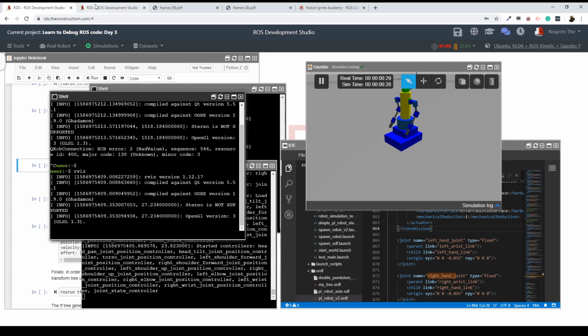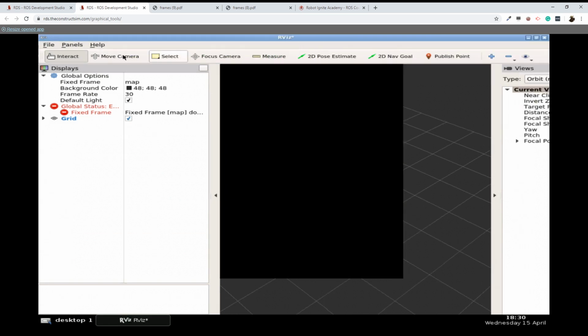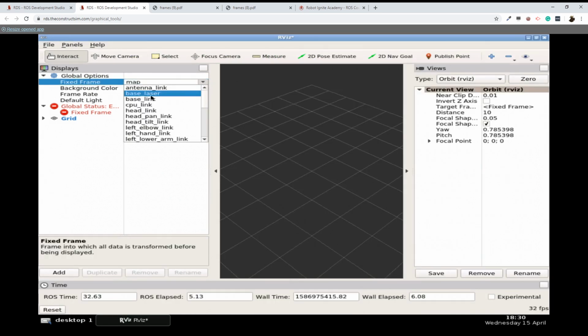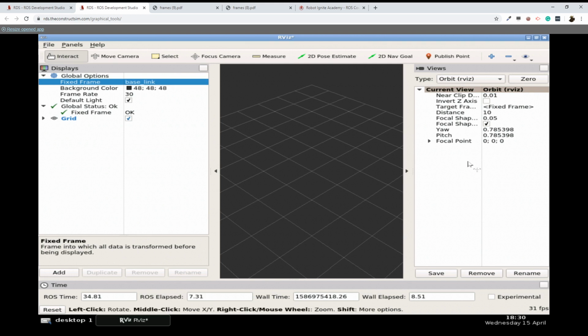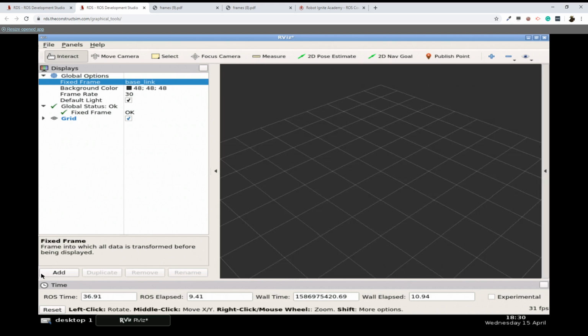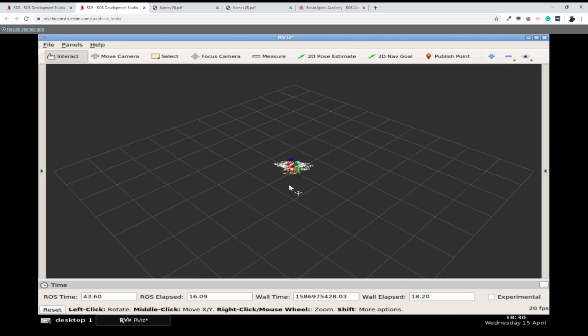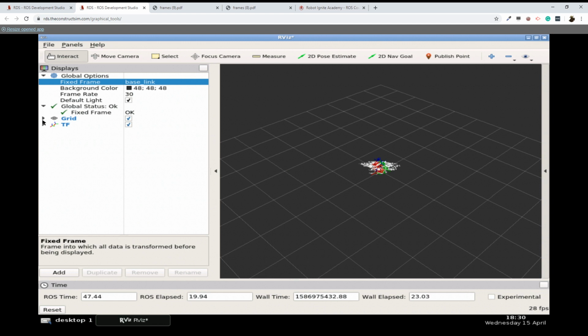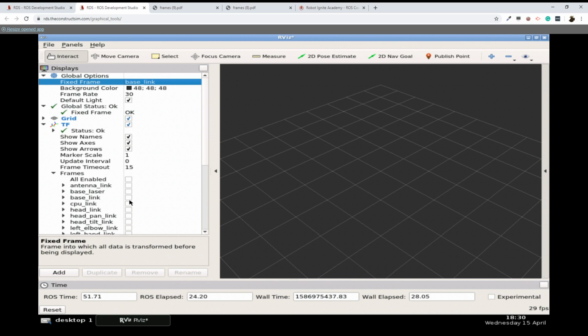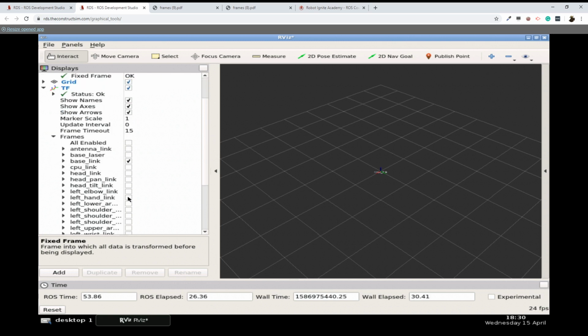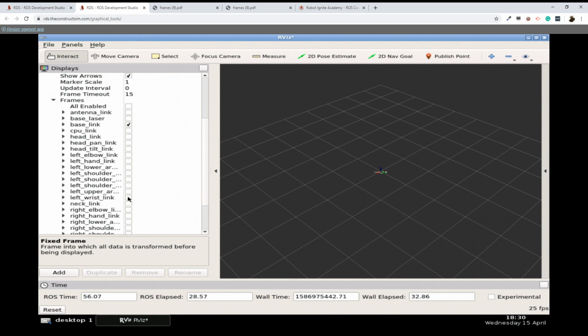If I restart RViz here, let me set this again. I have to put everything one more time. So I'm going to now display only the TFs, which we have here. There we go. I'm going to remove all these frames, like so. And I'm going to enable the base link and the right hand link. Well, the left hand link I have it here, and the right hand link,